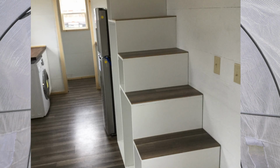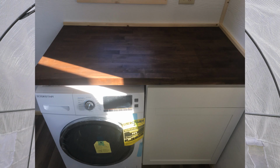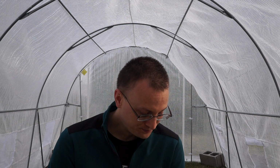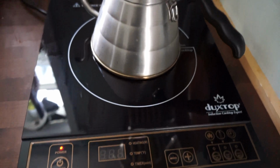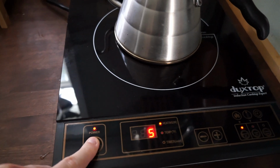So when we first moved into our house, it was a blank slate. We have a galley kitchen with our designated cooking area only 2 feet deep and 3.5 feet long. So not very much cooking space. We started out using an electric double burner stove top that worked very well for a while, but we eventually realized that we only needed one single burner and rarely ever had two things on the stove at the same time. So we upgraded to this induction cooktop that has been amazing because it is not only more efficient, but